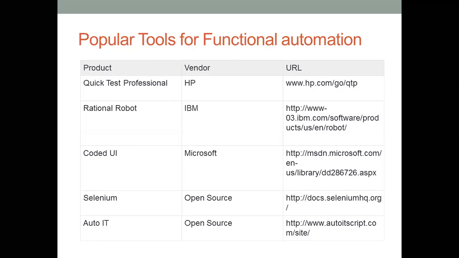And last, the functional automation tool, AutoIT. This is also open source, so you can freely download and use it. The website is autoitscript.com. From that you will get all the information about this tool. So, are you getting it? These are the 5 famous functional automation tools: HP QTP, IBM Rational Robot,